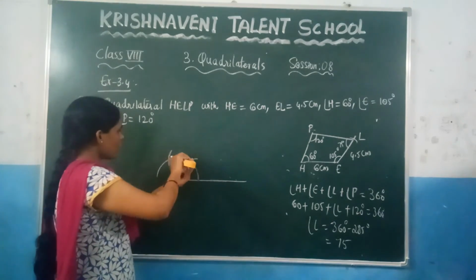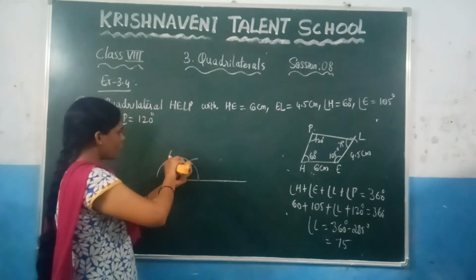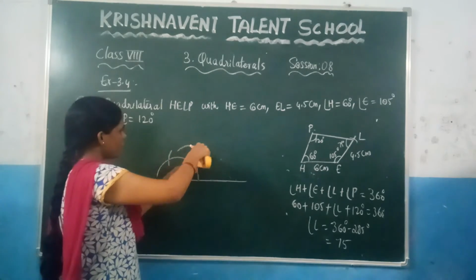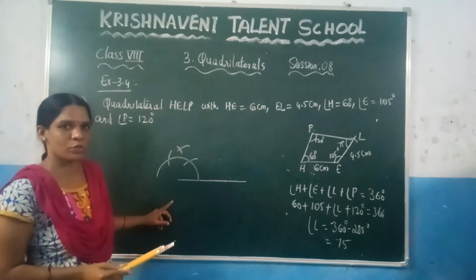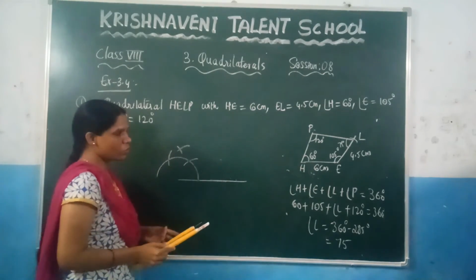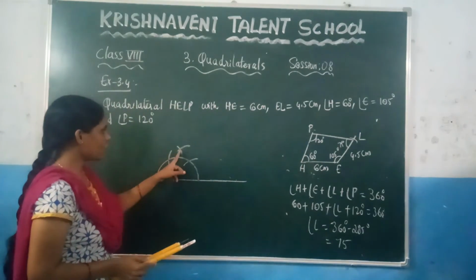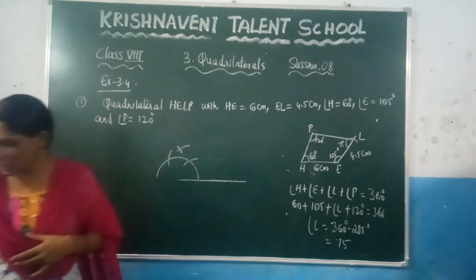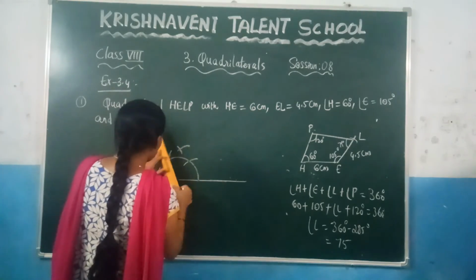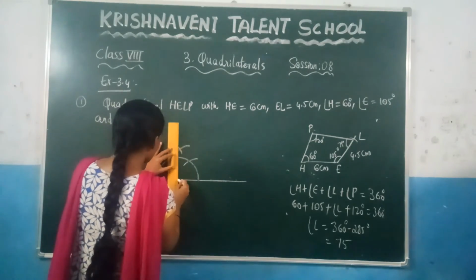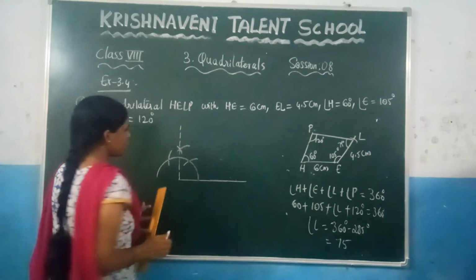Again at this point, take more than half radius. Up to here, this is the arc, and you need to take more than half radius. So at this point make one arc, and at this point make one arc. This will be 90. Like this, you need to construct 90. And suppose you want to construct 105. Where is 105 located? Just now we said it is in between 90 and 120. So if you want to construct 105, first you need to draw 90, as we just found. This is nothing but 90.